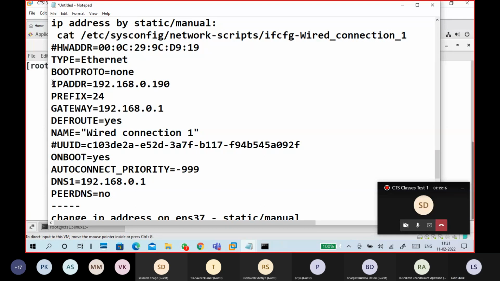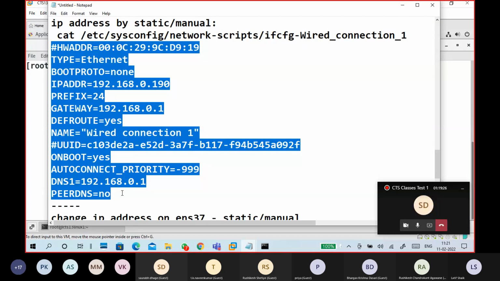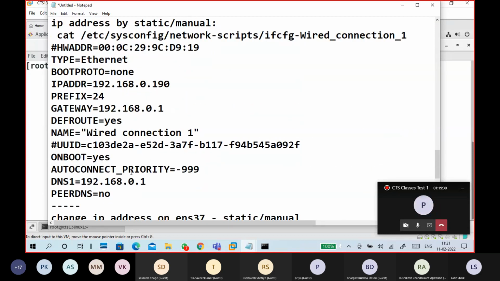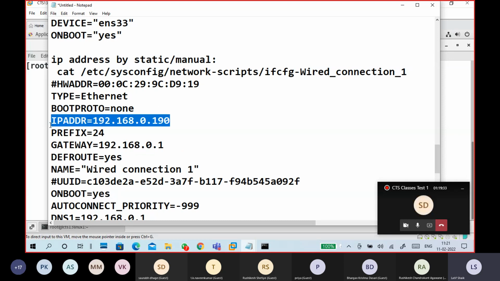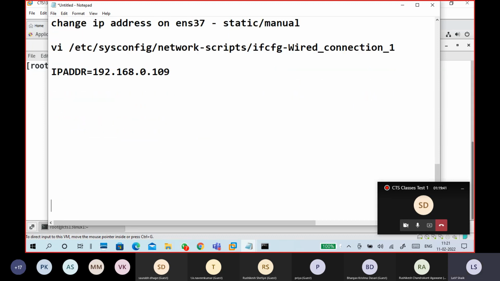The remaining I didn't touch. I'm only copying that one. This is only what I changed.